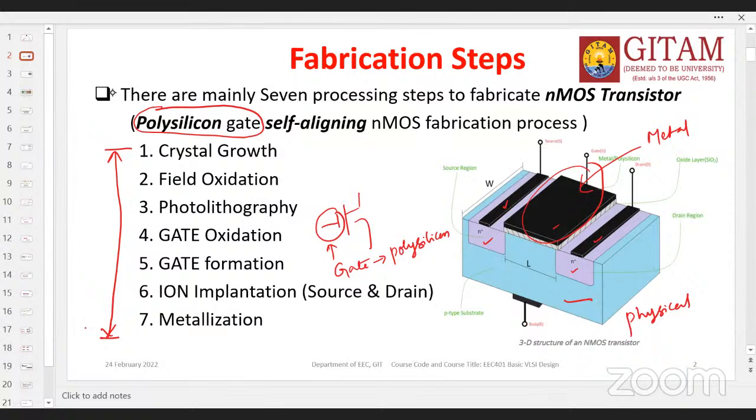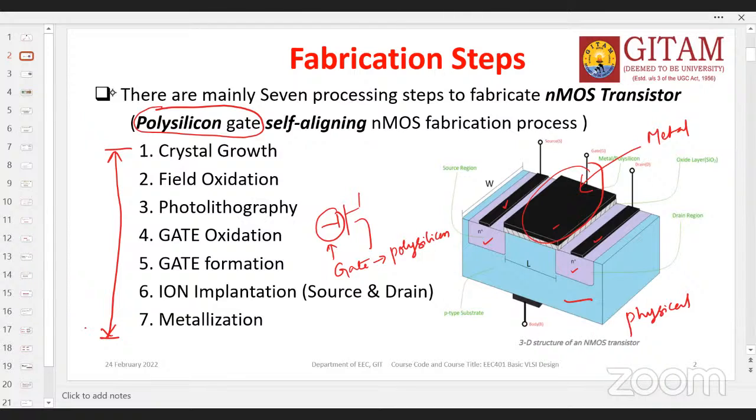First we could realize the source and drain, then we can put a metal. There is an option, right? But the problem is alignment. There will be an alignment problem because source and drain